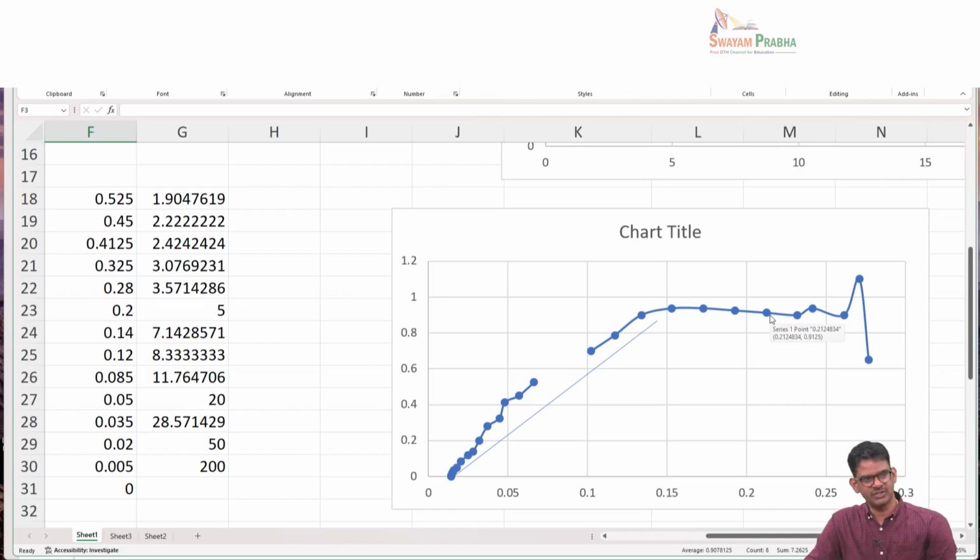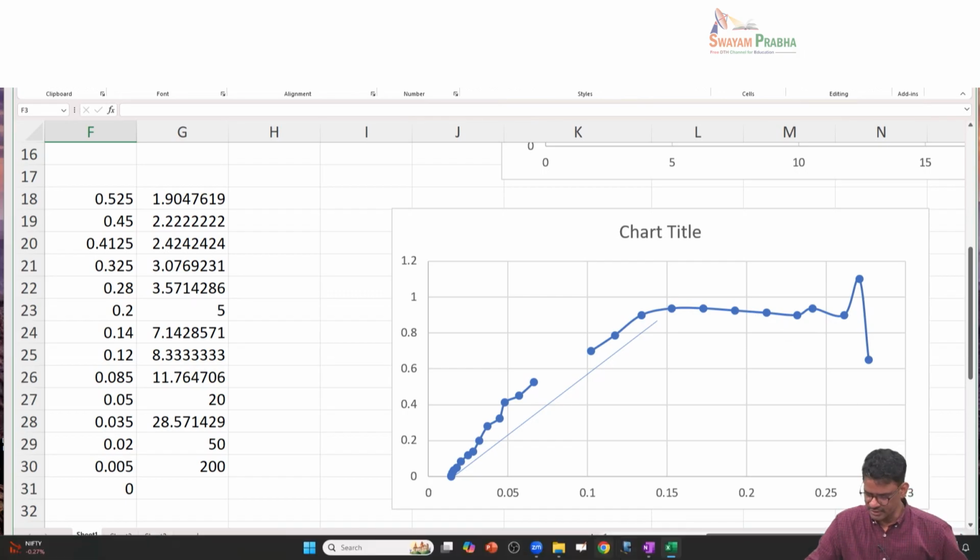Now once this data is known, we will read the constant value somewhere here, and we will also identify the critical moisture content to be close to 0.15, and then read the NC value. Using that NC value, you say that NC is proportional to air mass velocity to the power, let us say, 0.5, rescale it and then get NC. And then for the original sample, let us go back to the problem here,